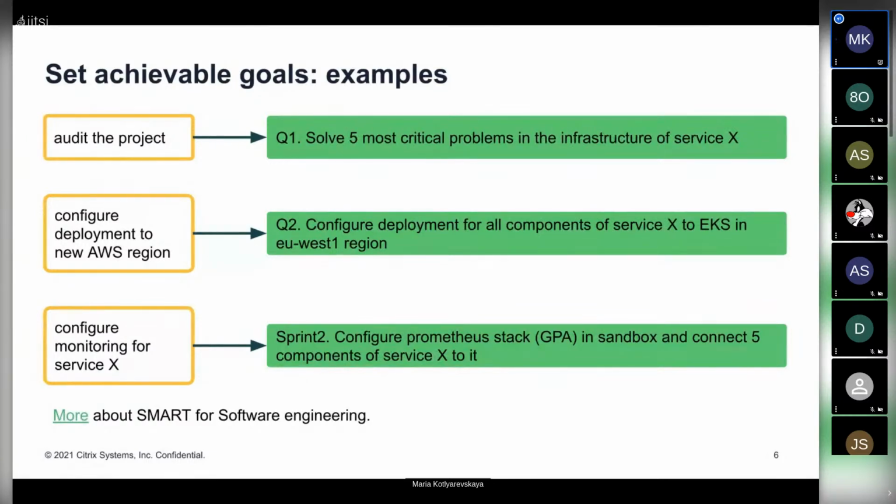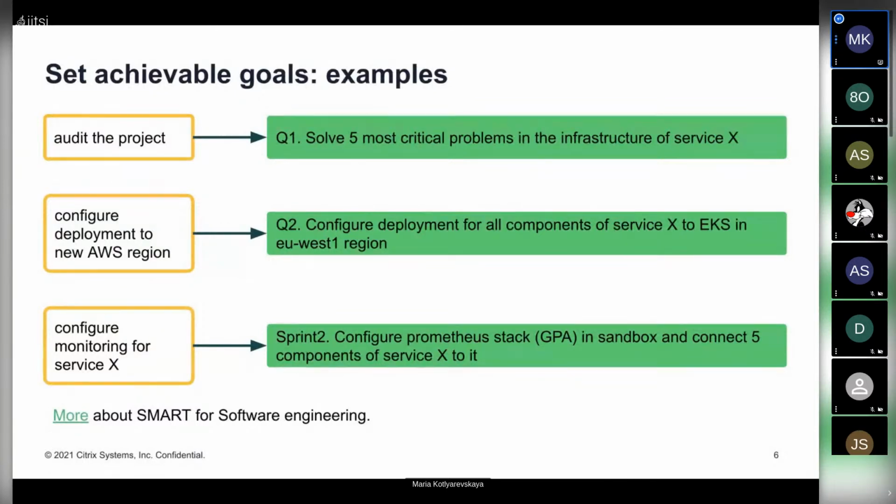You have the 5 most critical problems and you want to fix them in the infrastructure. And of course, auditing the project can be part of some goals. It's okay, but in this project, you can specify the part that you want to audit.